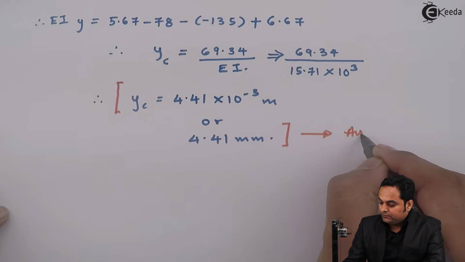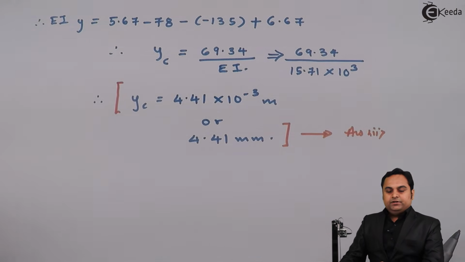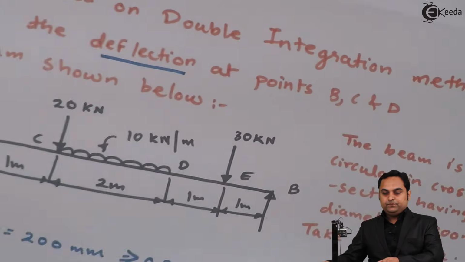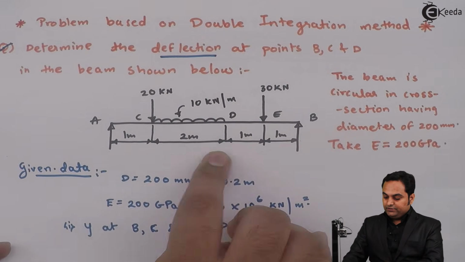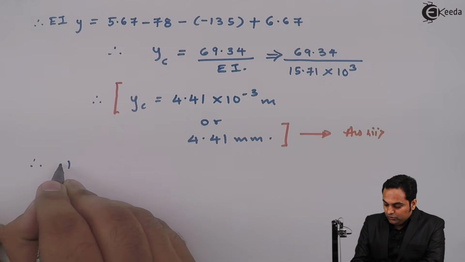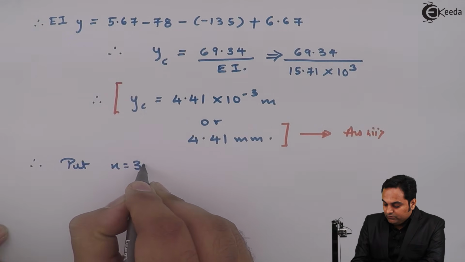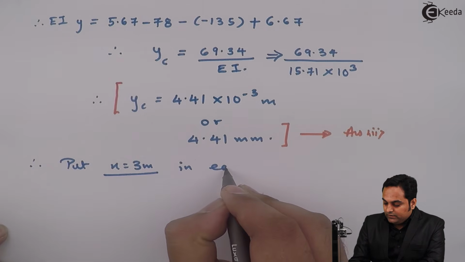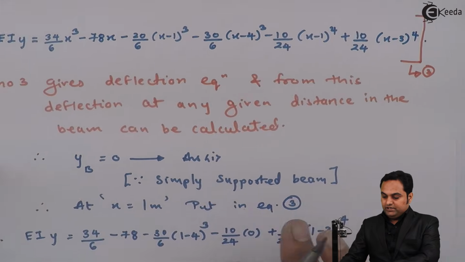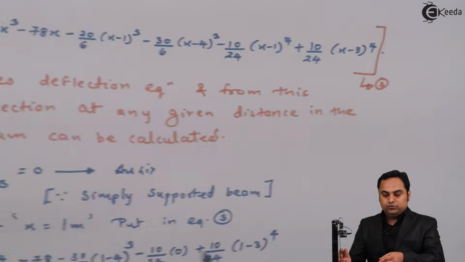Second, here I have calculated the deflection at point C. Next, I'll calculate the deflection given in the problem at point D. So at point D, the distance is 3 meter, so I'll put x equal to 3 meter in equation number 3. So we have this equation 3. Here I'll put the value. So EI into y,